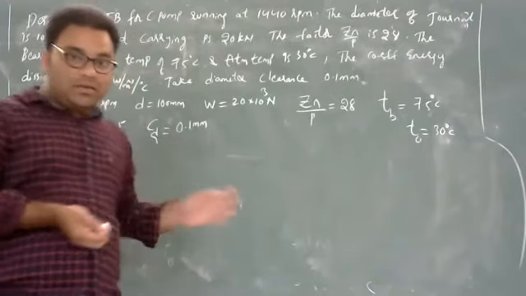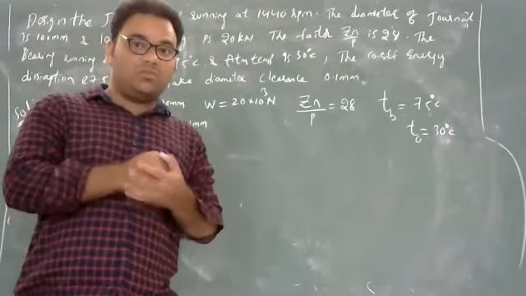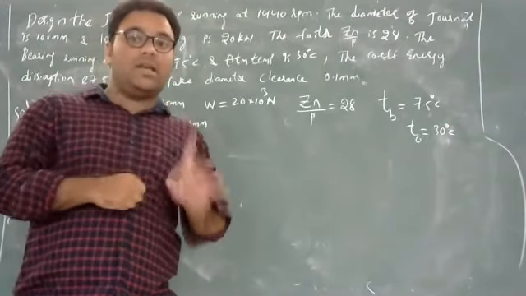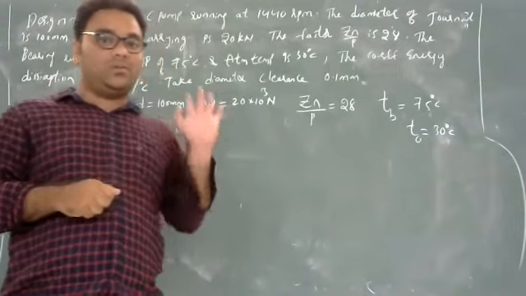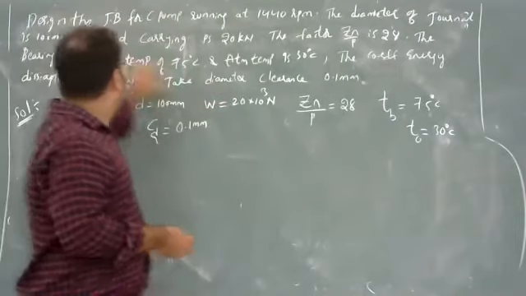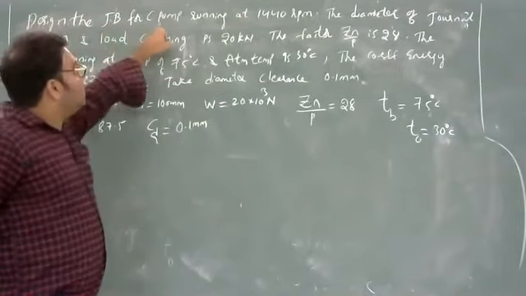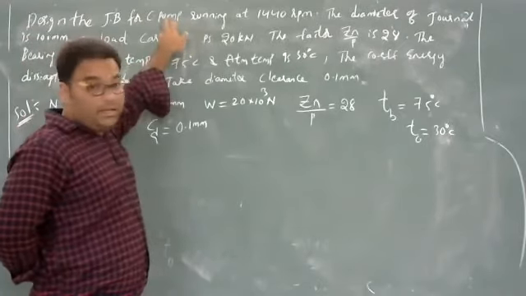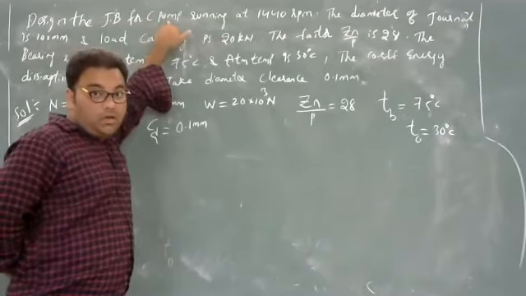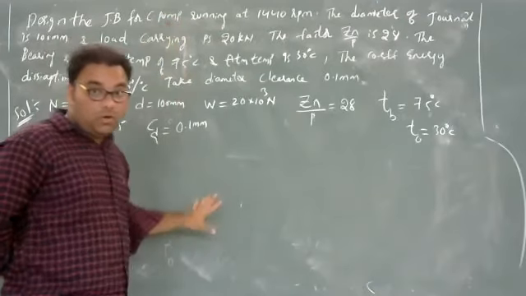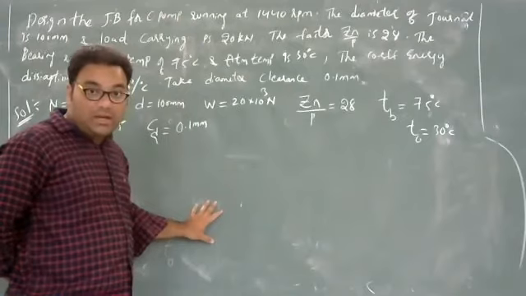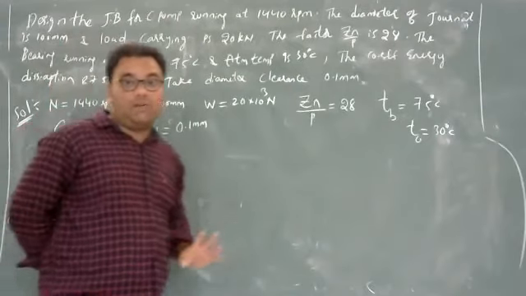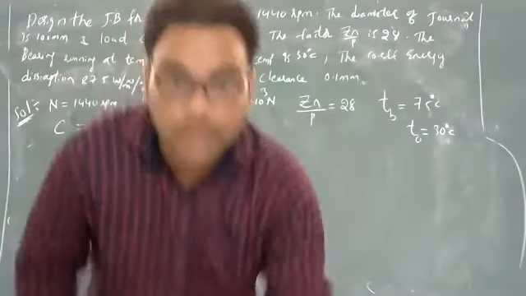So just now I have discussed what steps you should follow to solve the journal bearing design. For designing a journal bearing, the first one is the L by D ratio. In real time application, the bearing given is a centrifugal pump bearing. For the centrifugal pump bearing, we have to know the L by D ratio values. We have to take them from the design data book.